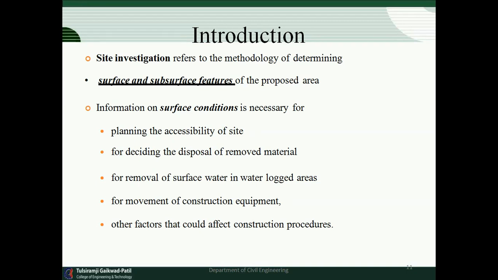When you are going to construct any big project, site investigation plays a very important role. The availability of electricity, availability of material, transportation facility, all this plays a very important role in the construction of a big project.